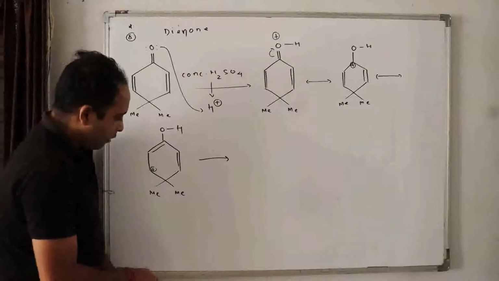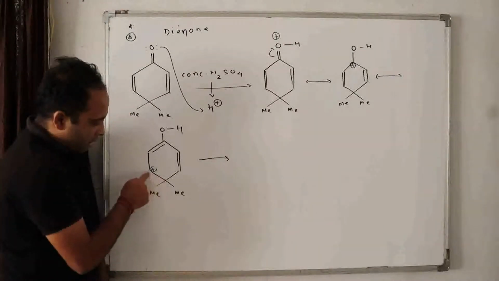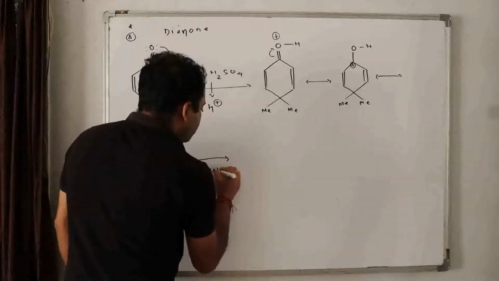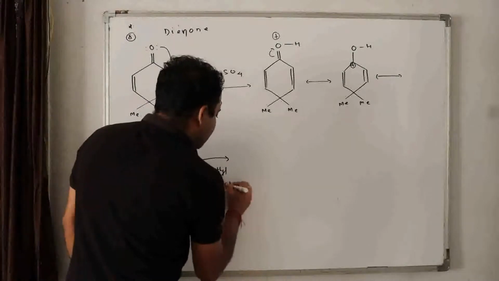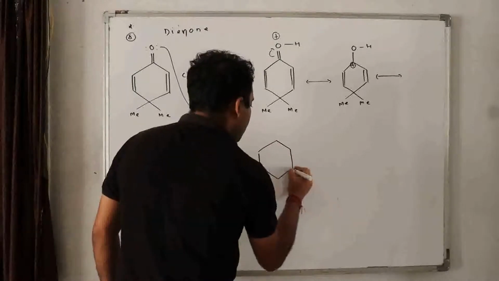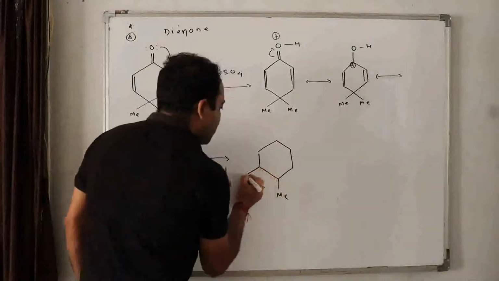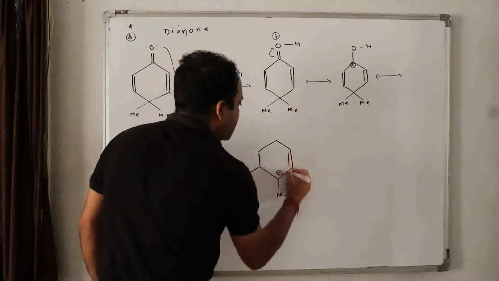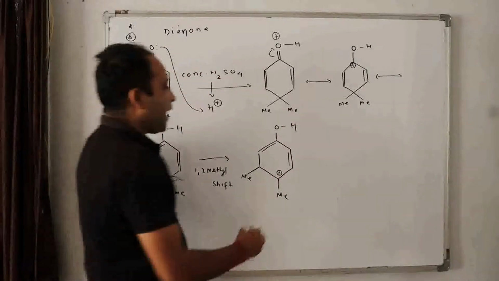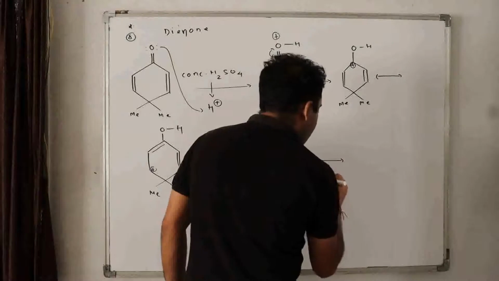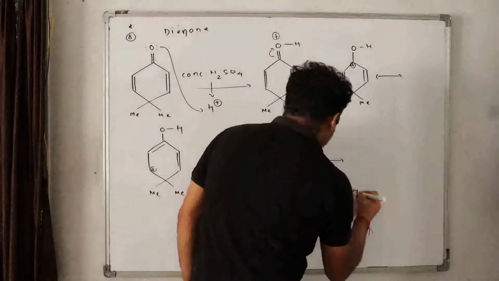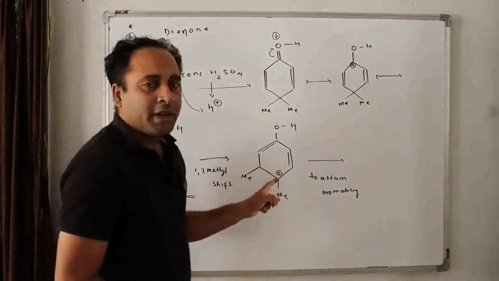Next, can I go for something like this? Look at this place. Can I go for a methyl shift? Carbon 1, 2, methyl shift. This methyl will shift over here. This is 1, 2 methyl shift, isn't it? So what will I get over here? Here 1 methyl, here methyl, here it will be a plus charge. Now this with OH. Now the case comes to attain aromaticity. At this position, we will not go for further conjugation.